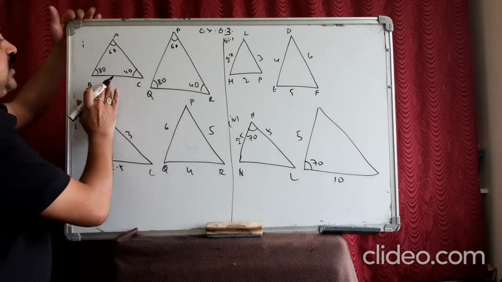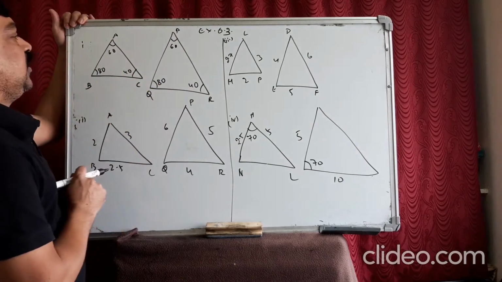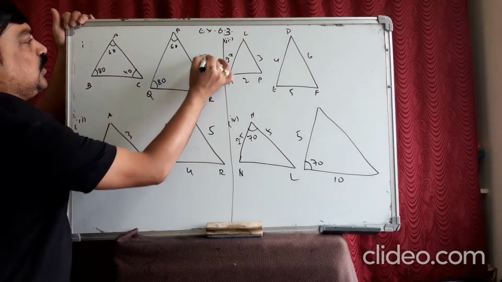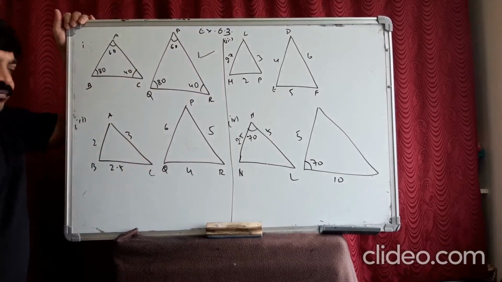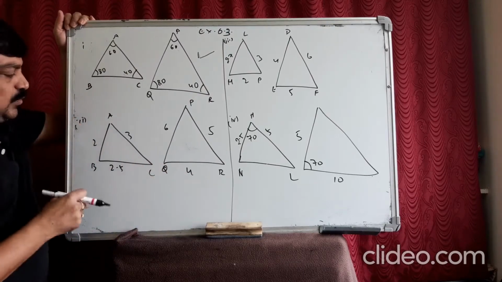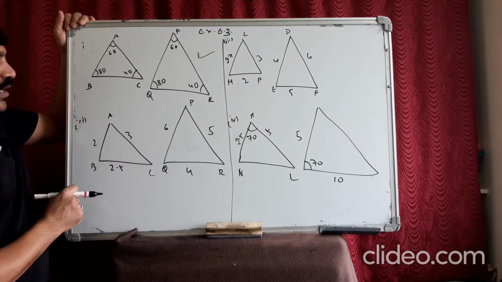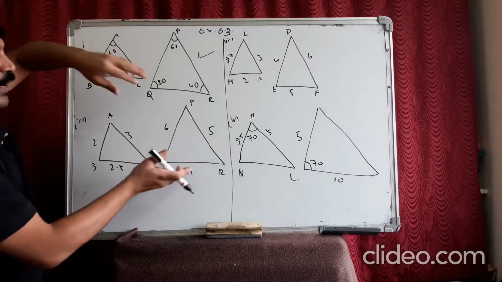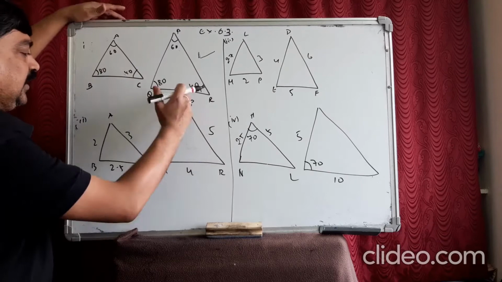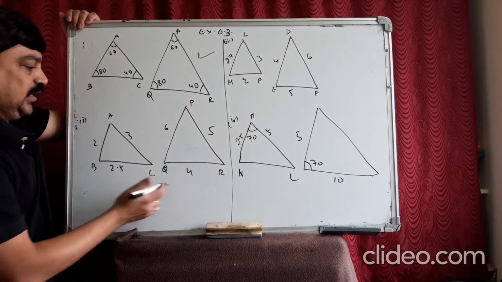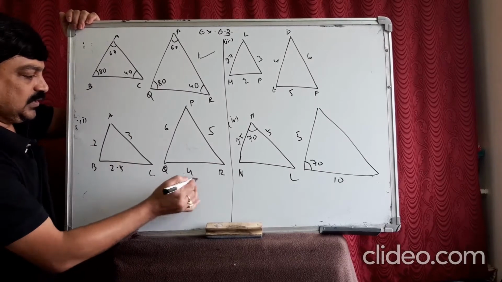Now, if you see the first 2 triangles, let us check whether they are similar. I think the corresponding angles are equal, so this is similar, no doubt. Now, when you see these 2 triangles, are they similar? Corresponding sides are given here. Let us check the ratios. When you check the ratios directly like this, it won't work. But when you turn the triangle clockwise, I think it will, and you compare this with this.